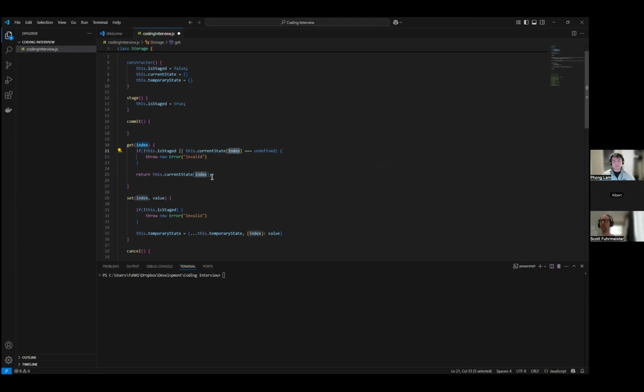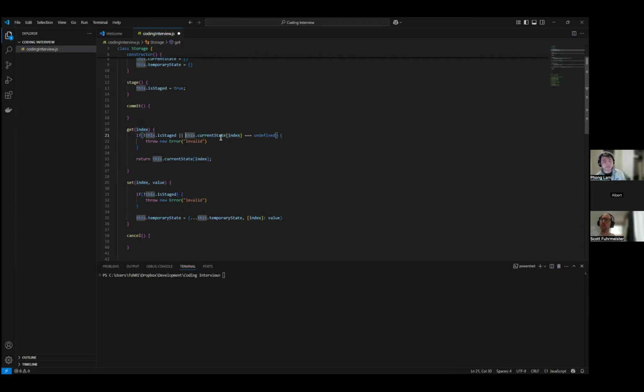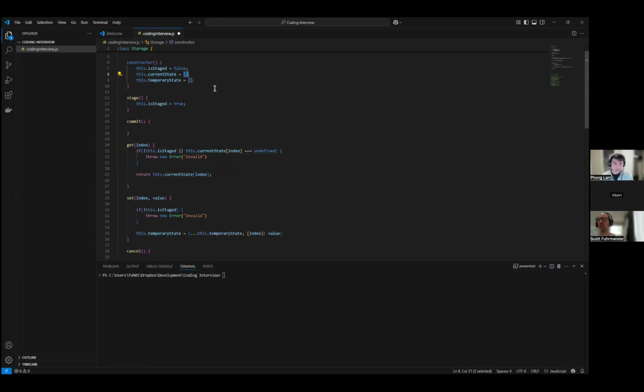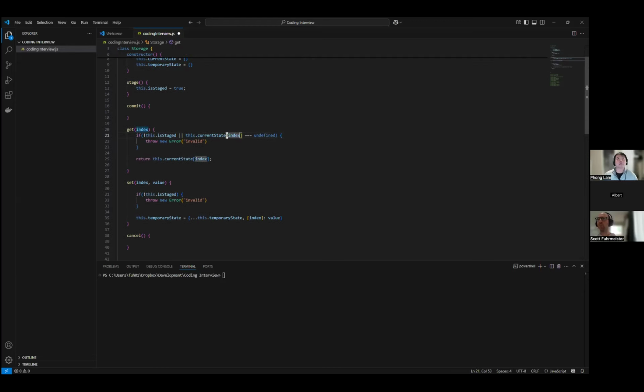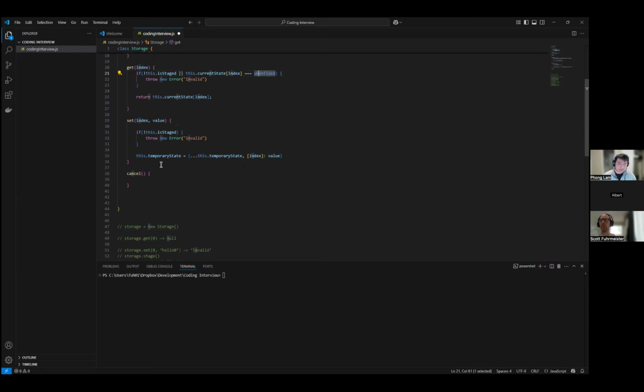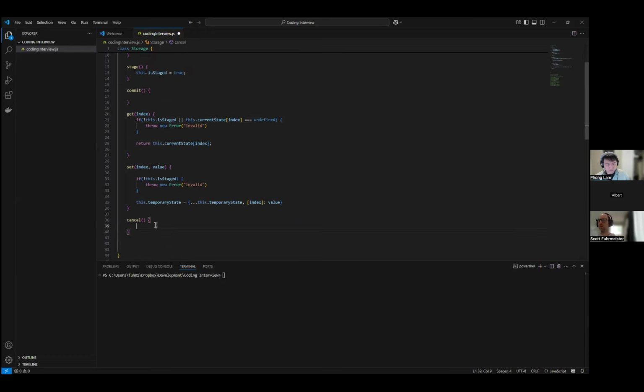So if you've tried to access it, but there's nothing in there, because zero would still evaluate as true. Okay. I would probably check if that index was in the object. Because we're using an object, I can actually just check if the property is in there. hasOwnProperty, that's the one. I mean, this one is fine. This will actually work as well, I think. Yeah, it's fine. Okay, so I think now I'll just move on to the cancel.